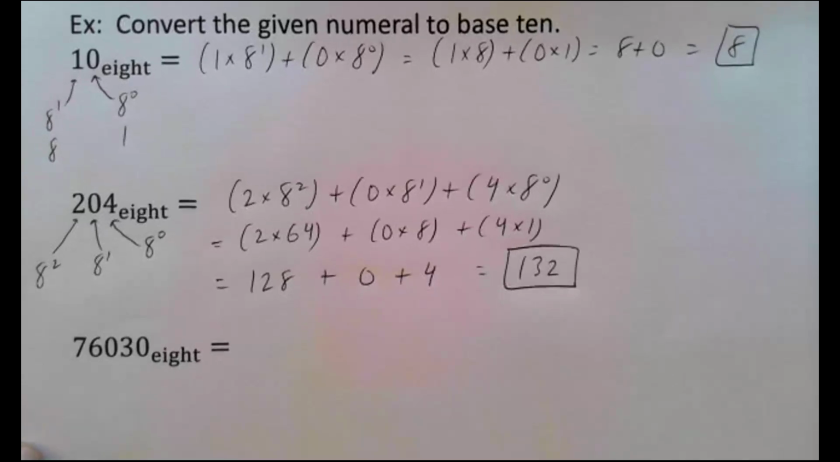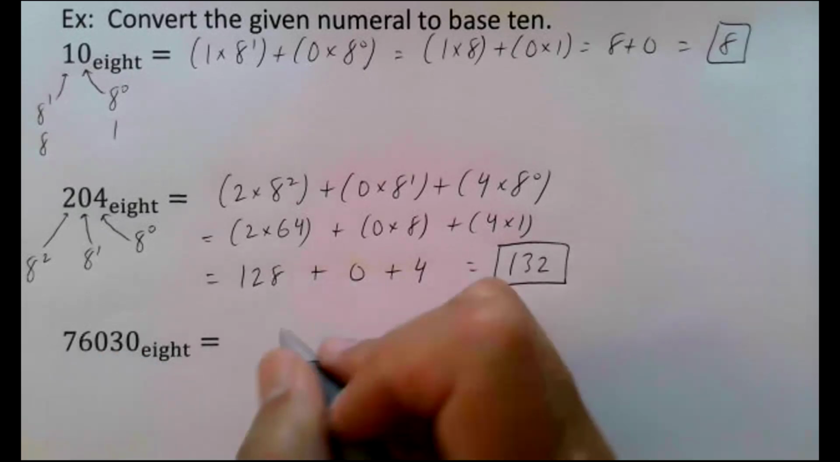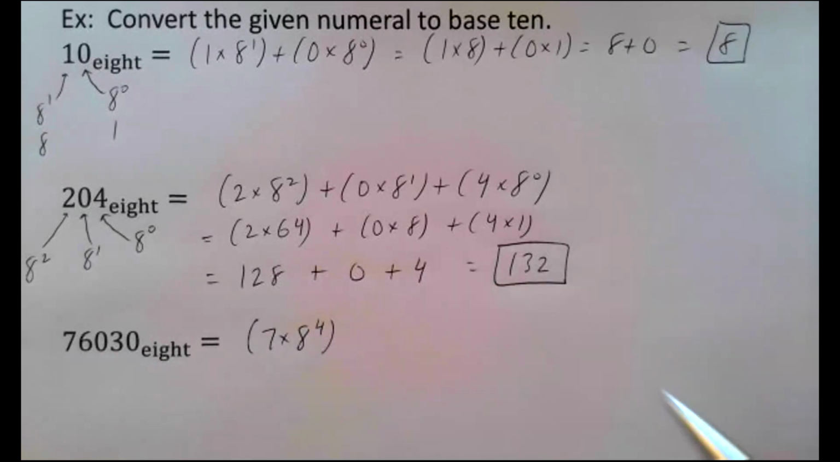Okay, next example for base 8. I'm going to go a little faster on this one. I think you guys get it by now. 8 to the 0 position, 8 to the first power, 8 to the second, 8 to the third, 8 to the fourth. So this is saying we have 7 sets of 8 to the fourth